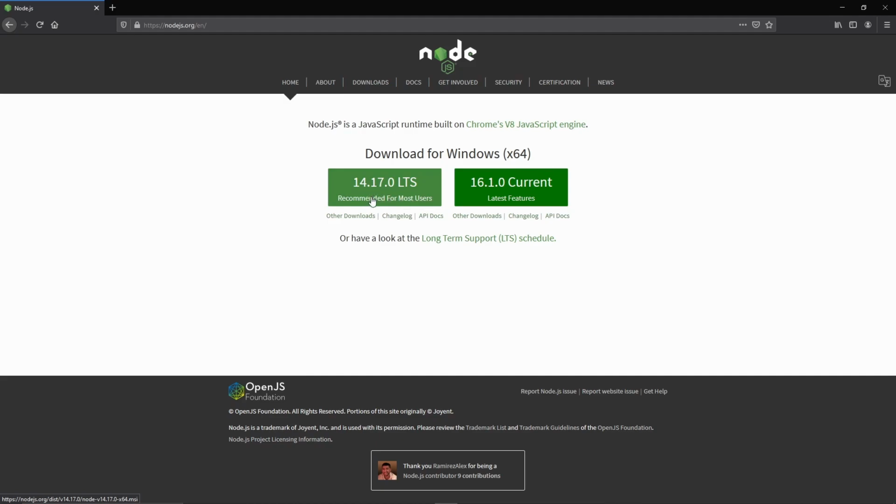This is the latest version as of now. It will change based on when you are watching this video, but 14.17 is the latest version for now. You have to download this so that we can run JavaScript on our machine, because basically JavaScript was meant to be run on the browsers, but using Node we can run JavaScript inside of our computers and also on the server. So it's amazing. Download it and we can continue then.